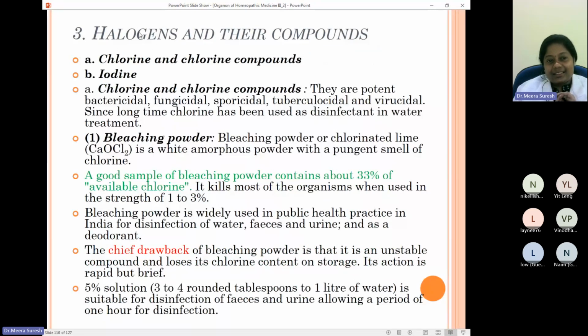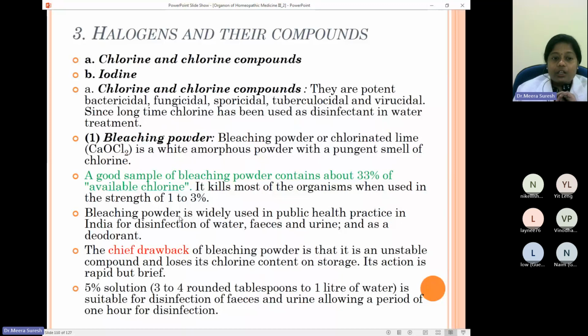Now we go to the third category, the halogens, in which the chlorine and iodine are the main components. So chlorine and chlorine compounds are very potent: bactericidal, fungicidal, sporicidal, tuberculocidal, even the tuberculosis, because in India tuberculosis is a big thing. So even specific for acid fast bacteria or the tuberculosis, Mycobacterium tuberculosis, and virucidal also. Since a long time, chlorine has been used as disinfectant in water treatment. We'll be learning it later in detail, the chlorine being used,